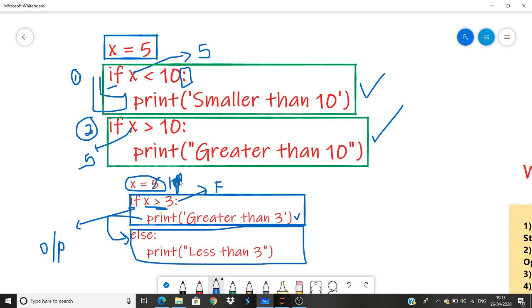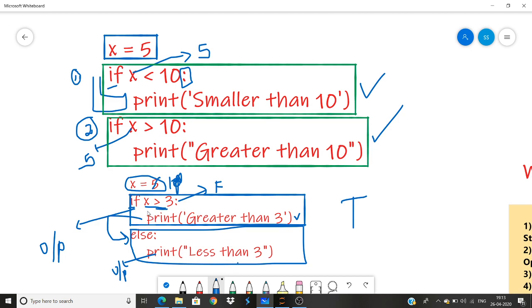okay, sorry, we'll take it 1. So is 1 greater than 3? No. Then it would have been false. It would have gone to else, and it would have said, okay, print less than 3, and that would have been the output had the value of x been 1. So once it finds one statement to be true, it just runs that particular thing as the output, and that is why this is known as a two-way decision. It is either this or this.